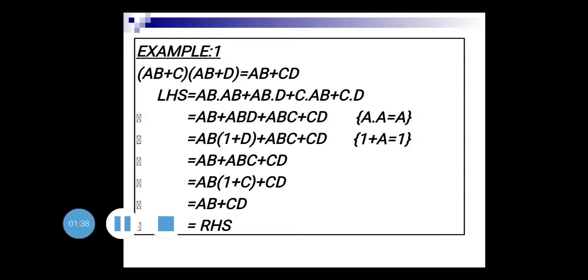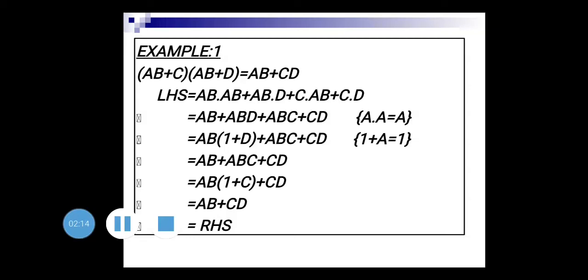It is the same as your maths. In maths, if you remember, whenever there are brackets, you open the brackets. So here also we start with the left hand side and open the brackets. In the first bracket you have A dot B plus C. First A dot B will be multiplied, here it will be ANDed, with the second bracket, that is AB plus D. So multiply AB to AB plus D.